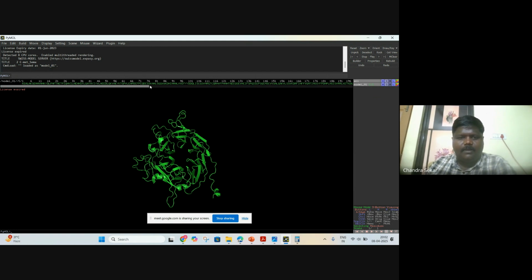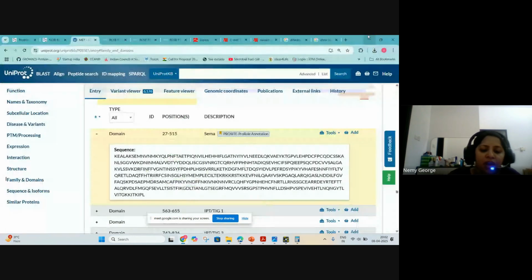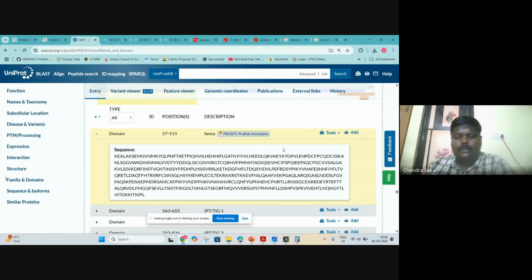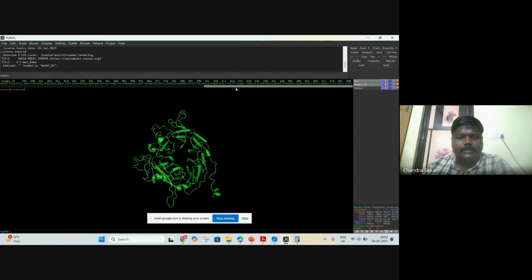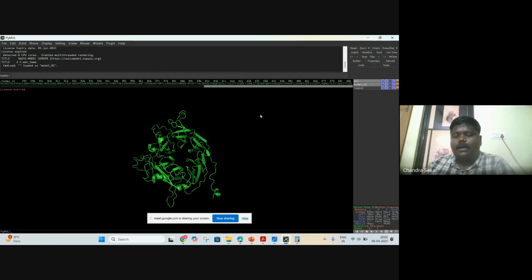Fine. So once we got the sequence, now it's time for us to repeat your docking. I hope you know the docking. Yes, sir. Can you show me once how you do it? If there are any mistakes in what I am following, I can correct them. For that, it requires half an hour because I will show you different modes of docking: blind docking, site-specific docking.